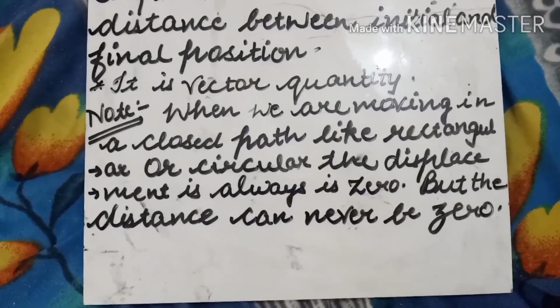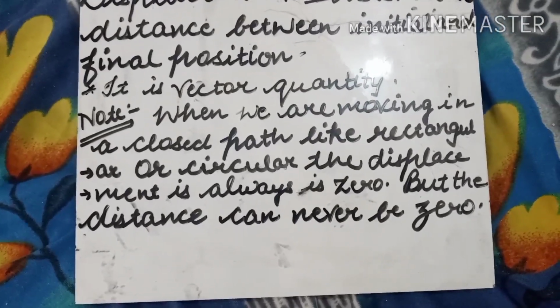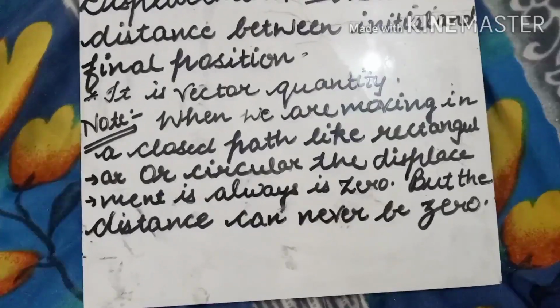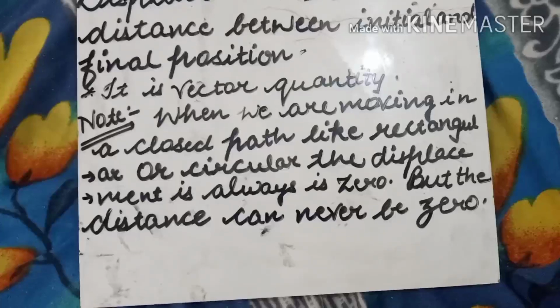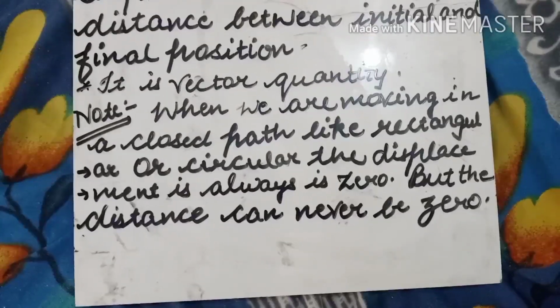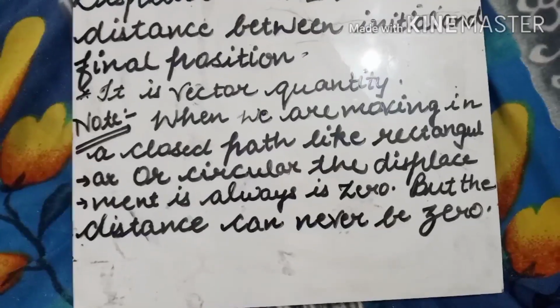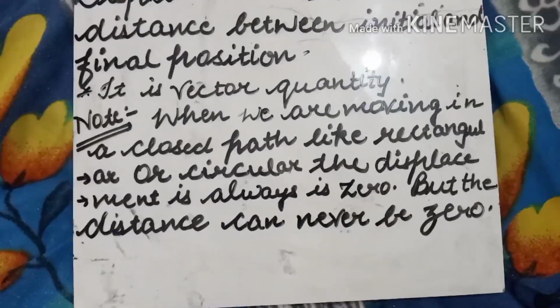Here note, when we are moving in a closed path like a rectangle, a square, or a circular path, the displacement is 0 because the initial and final position have become the same. That's why displacement becomes 0, but the distance never becomes 0. Distance never 0 because distance is